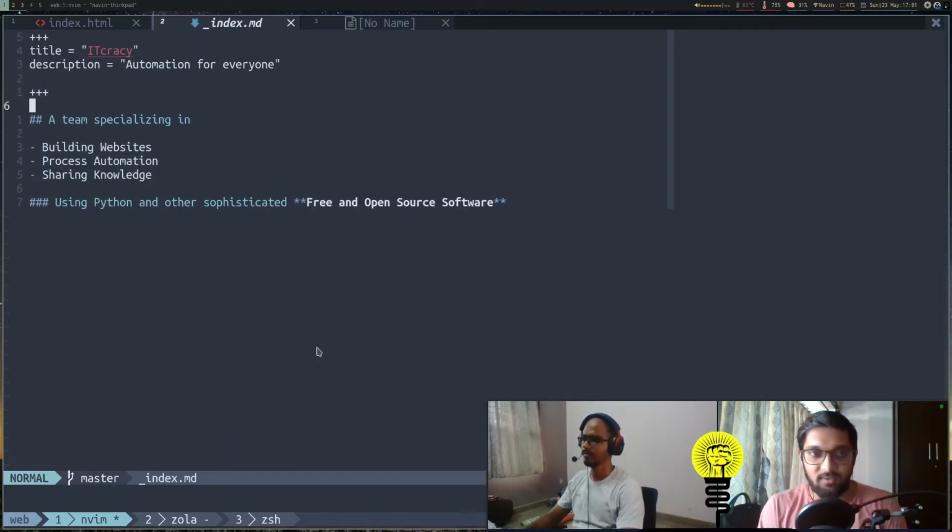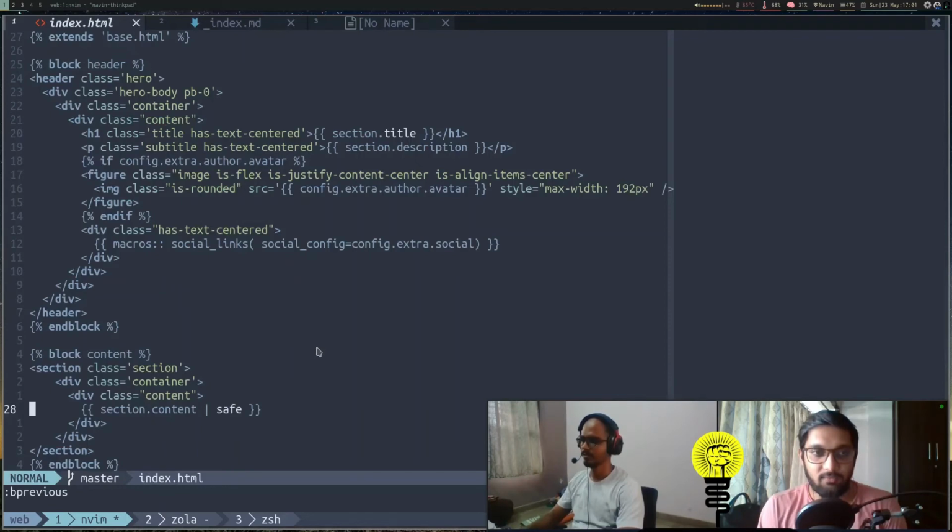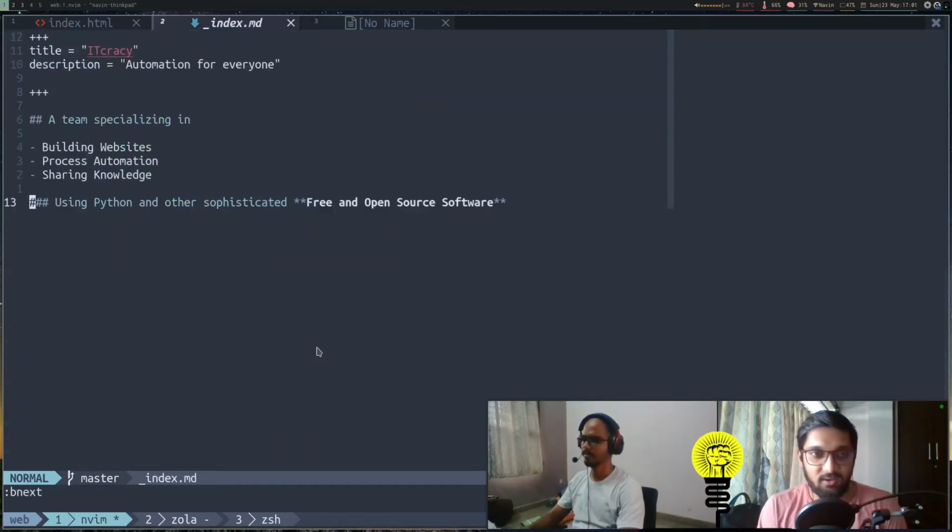So we see a team specializing in, then building websites, etc. Whatever is outside of the triple pluses is treated as content, and it gets saved into the content variable, which we can directly use by referring to it. So here, section.content will contain the entire thing that we have inside our content that is outside of the triple pluses.